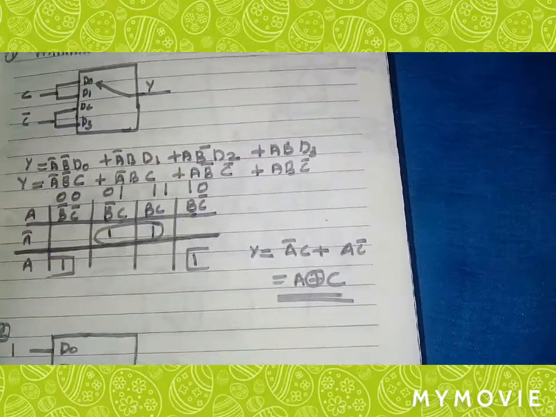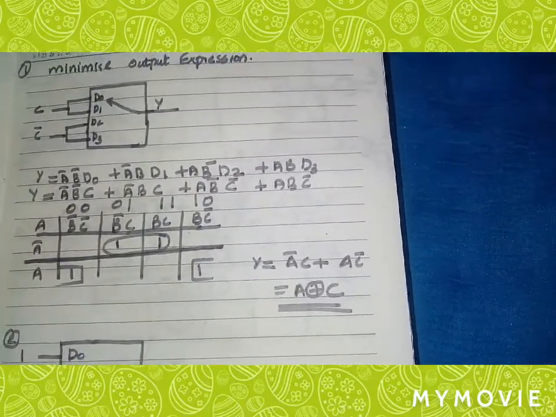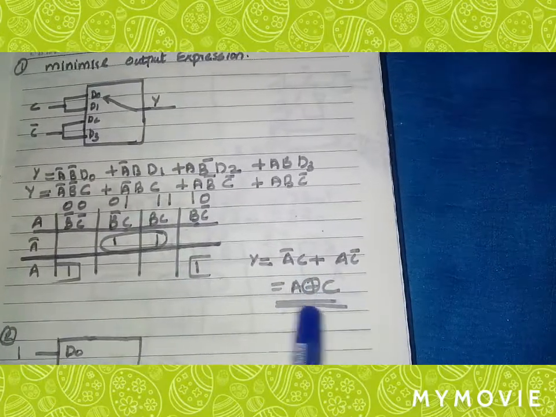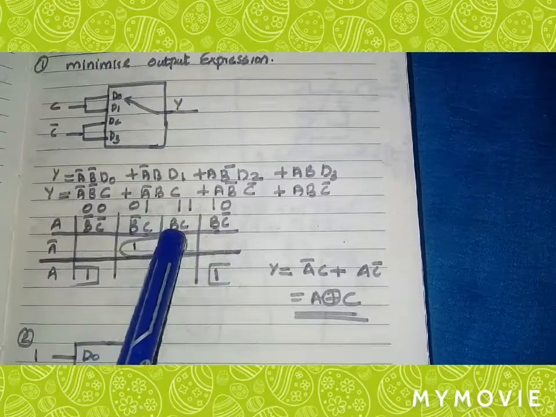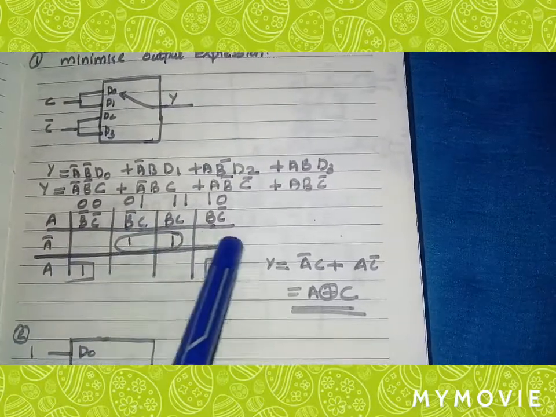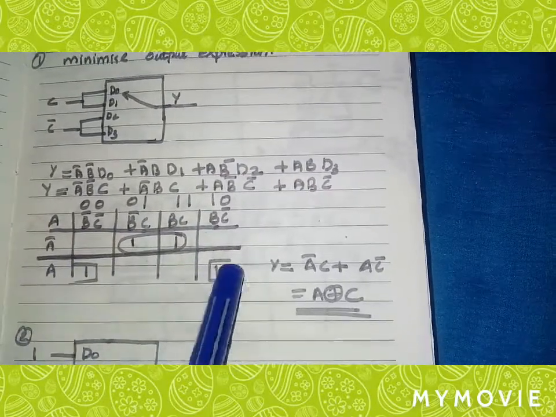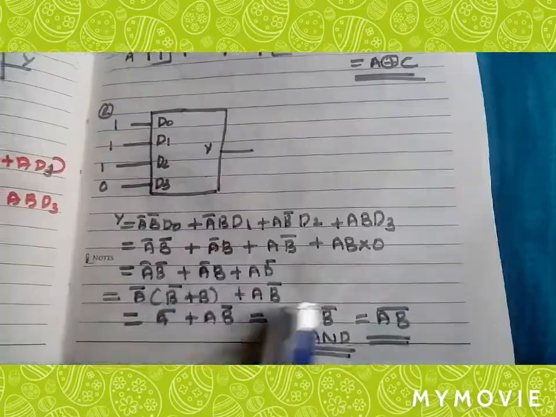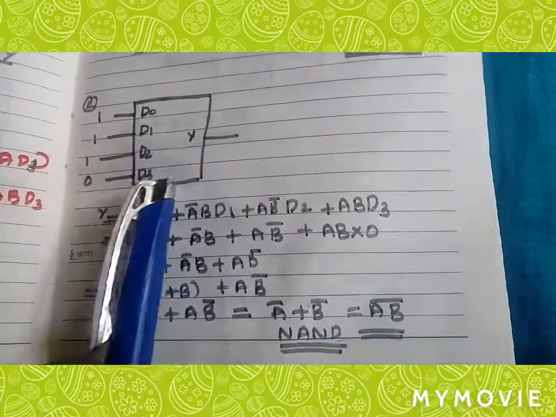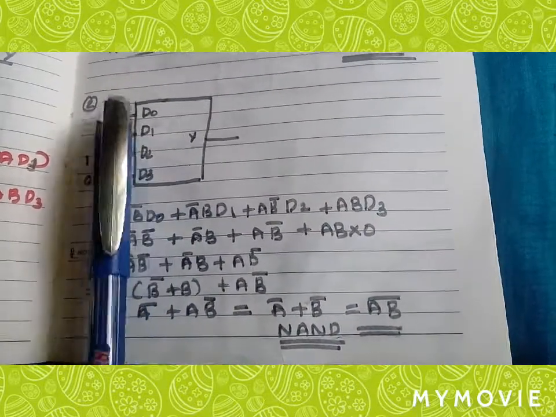So we get the answer as A bar C plus AC bar. So A or C. Here B is changing, so A bar C is constant. Here also A is constant and C bar is constant, so AC bar. Consider this multiplexer in which the inputs are given 0, 1, 1, 1.